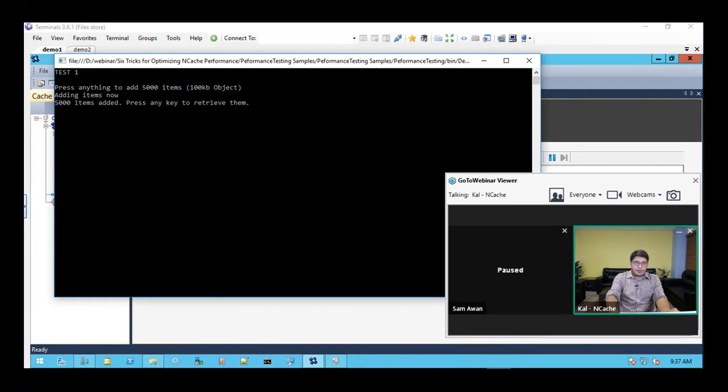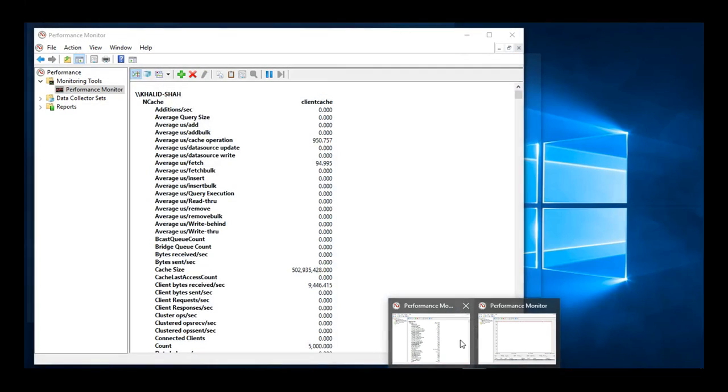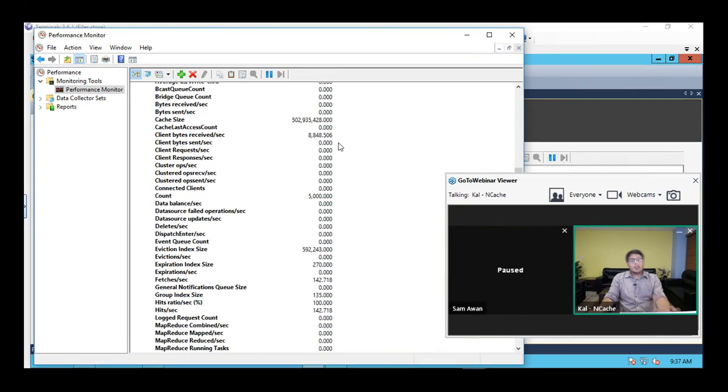Let's click on enter here, and it is going to start retrieving these items from the cache. So again, just to show you, no count is being moved here, so there's no call coming here. If you open up this one, we can see that there's activity going on here. There are certain fetches going on. So the client cache is being heavily used right now, and that's the whole point of having a client cache in scenarios where you have more reads than writes.